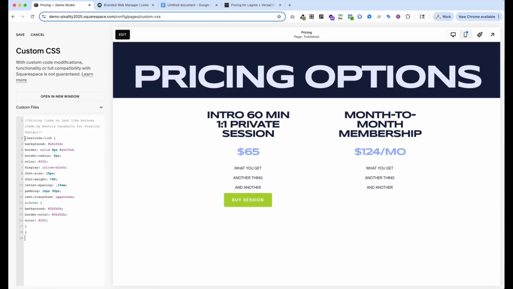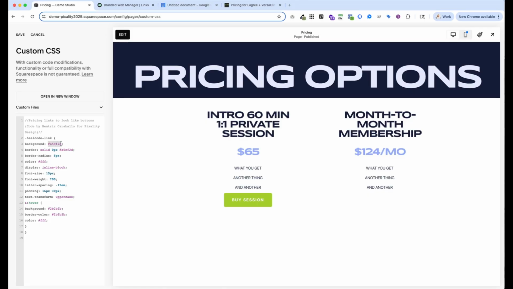So what this is saying is heel code link. That's saying that any Mindbody link, for those of you who've been around for a while, Mindbody, the branded web aspect of it used to be a company called Heel Code. Mindbody bought it lots of years ago, but the code still retains the Heel Code name. So that's why that says Heel Code. And then underneath it, it says background. And then that is the color green,